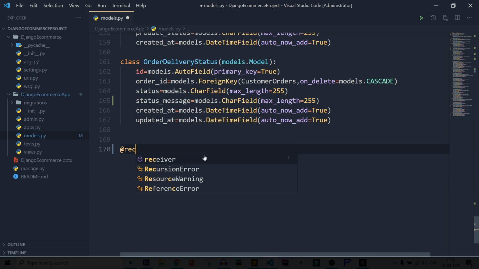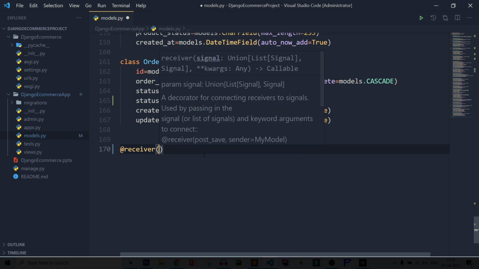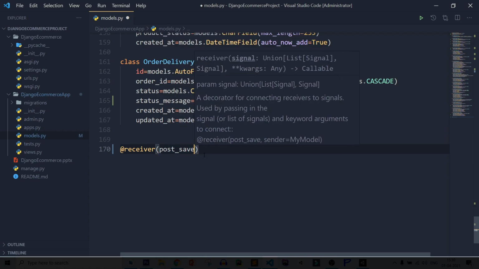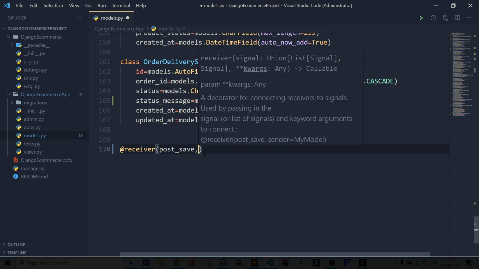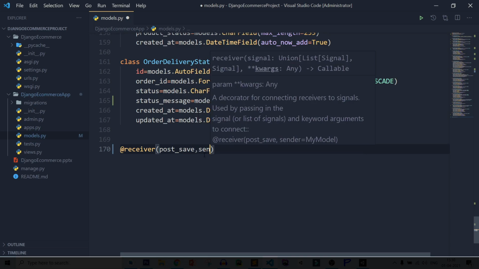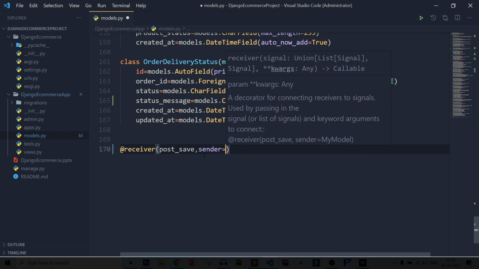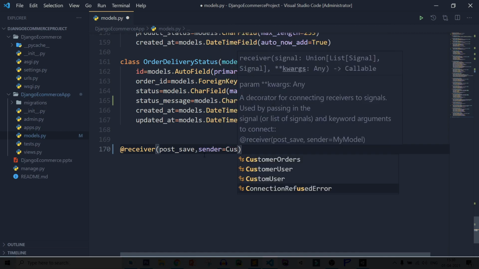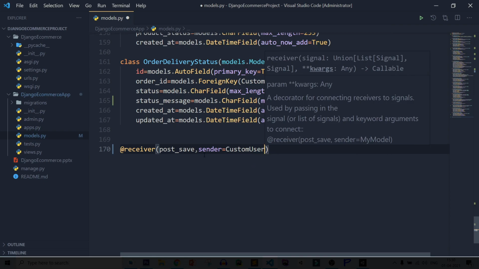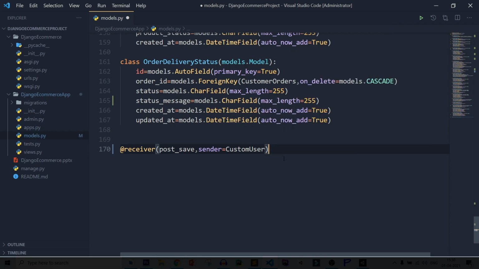So after that receiver, after that post_save, then comma, sender equal to CustomUser. This will only be called when we create any custom user object.